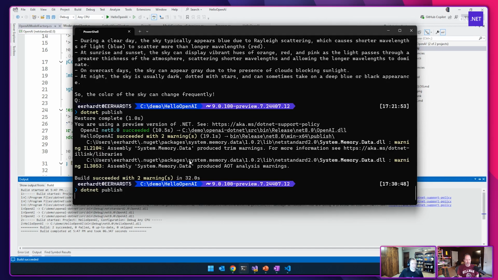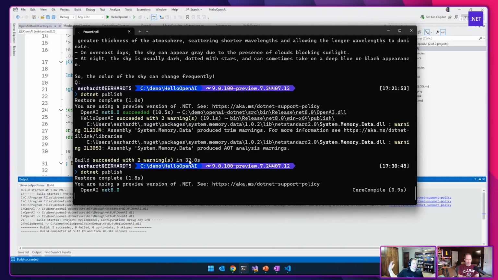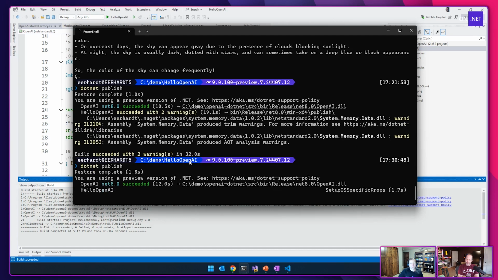So now my Roslyn analyzers are clean. I publish this app one more time, which says root the whole assembly, and then this should be clean as well. We're on .NET 8, CoreCompile. What is the difference between CoreCompile and ILC? CoreCompile is the Roslyn compile. And ILC, gotcha. So it's taking your C# code into IL, and then ILC compile is taking that IL into native code. It's the last step.